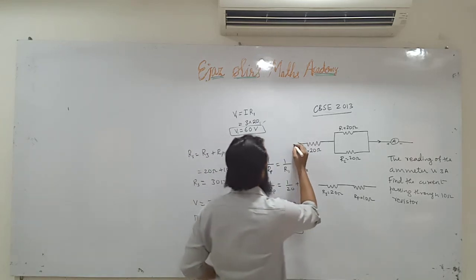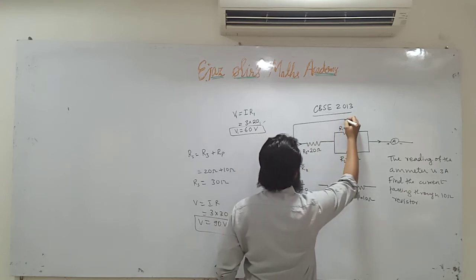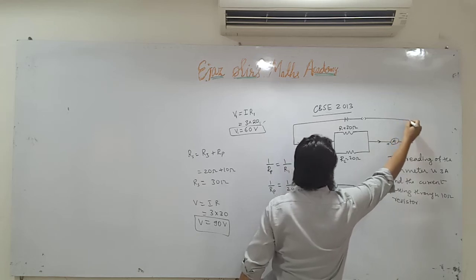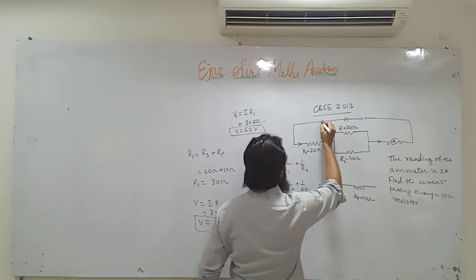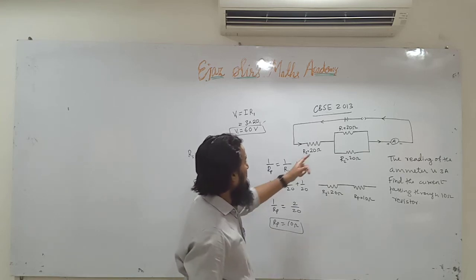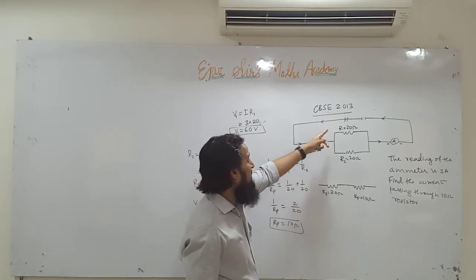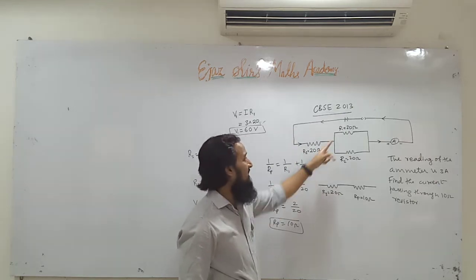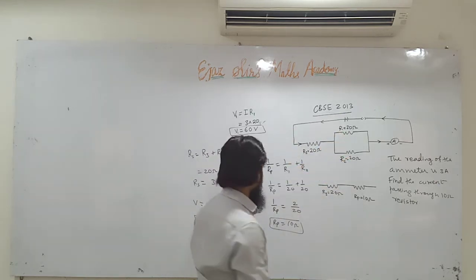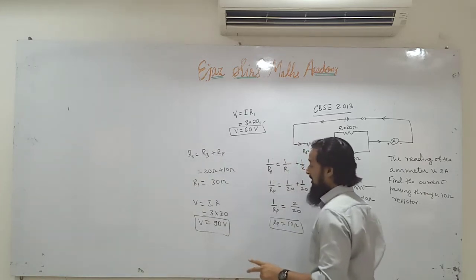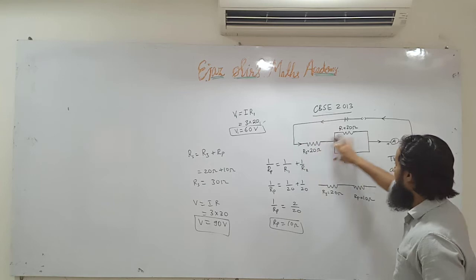Now they are connected. Let us suppose I will make a diagram for you. Let us suppose this is a battery. This is a switch and we have to find the voltage of the battery. The current is like this. Now, voltage supplied by the battery will be spent, some voltage will be spent here and some voltage will be spent here. What is the total voltage of the battery? 90 volt we have found. How have we found? We have found the total resistance.